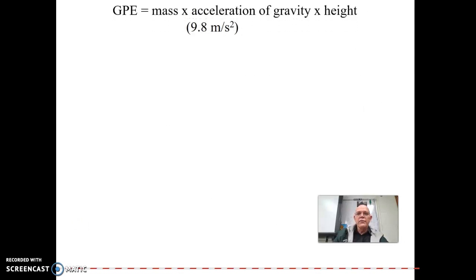Now, the formula for gravitational potential energy is equal to mass times acceleration of gravity, which is 9.8 meters per second squared. All right, mass times the acceleration of gravity times the height. So there you go. The mass can change, the height can change. As long as you're on Earth, the gravitational acceleration is going to stay the same. Now, if you're on the moon, this number would be a lot lower, about 1/6 of that, which would be about 1.6 or something meters per second squared. Okay, but that's on the moon. All right, so anywhere on Earth, this is going to be the 9.8 meters per second squared. That's little g, or the acceleration due to gravity.